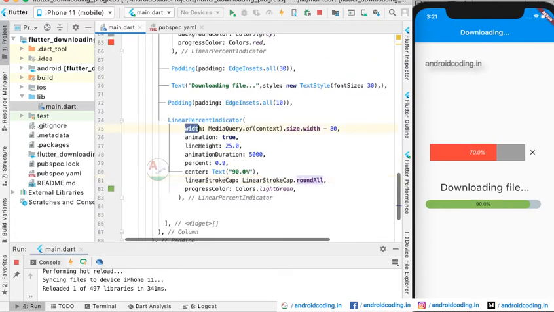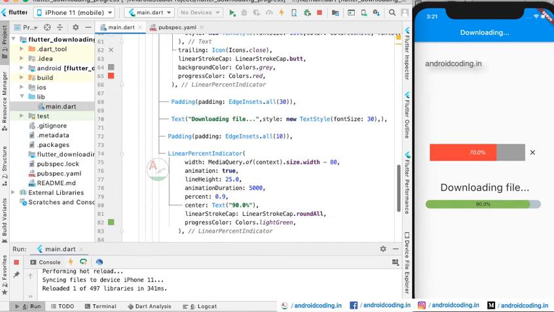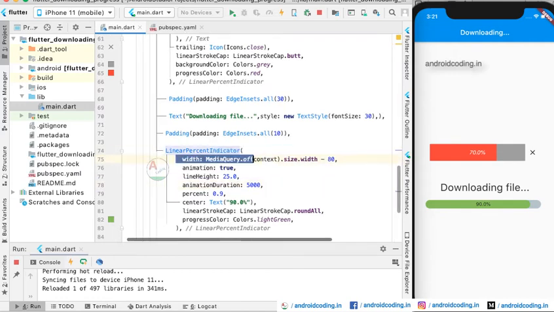Width: when you compare the width of the first one, we have specified 300, and in the second one we took the size of the screen minus 80. I advise you to follow the second option because it's a good practice of considering the width of the screen and making use of the size of the percentage indicator.